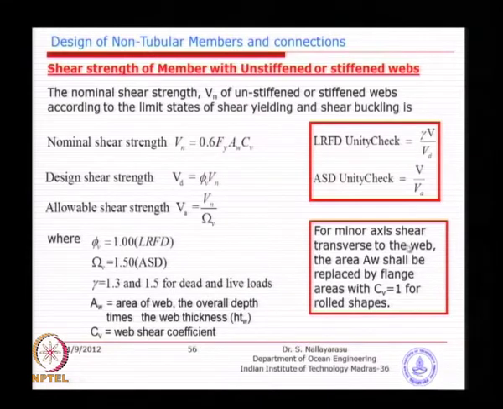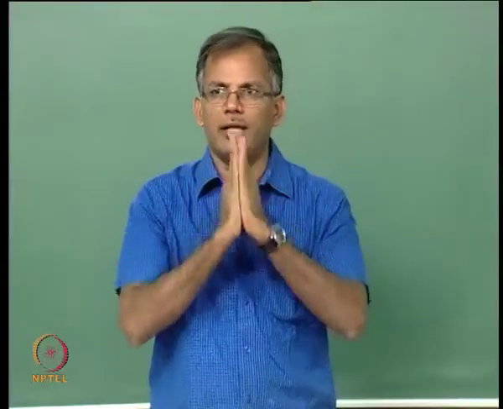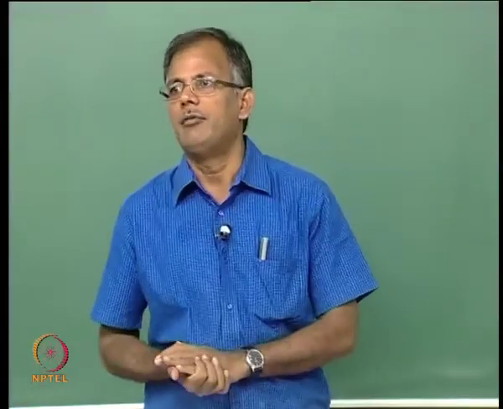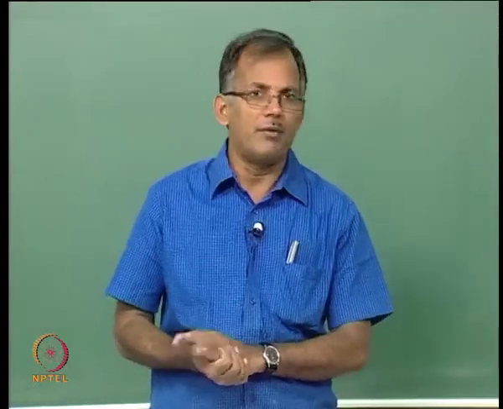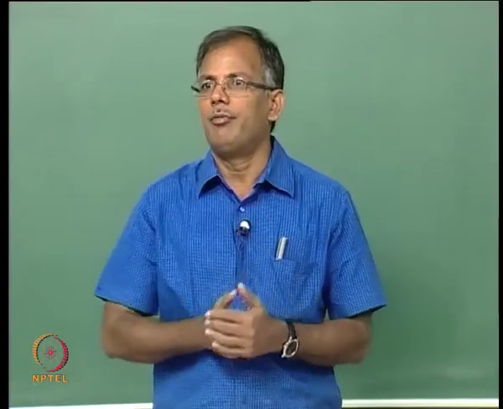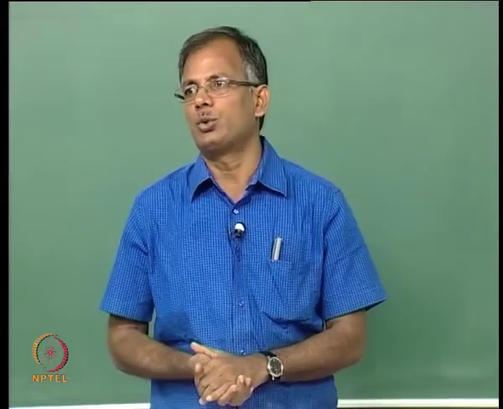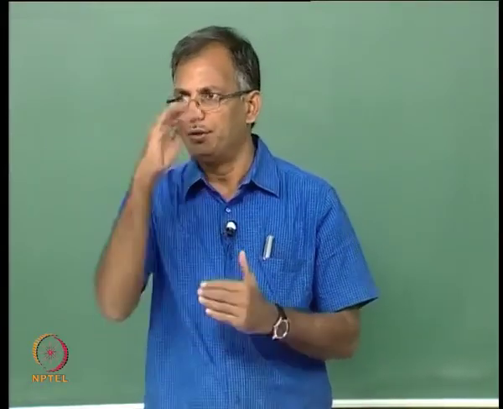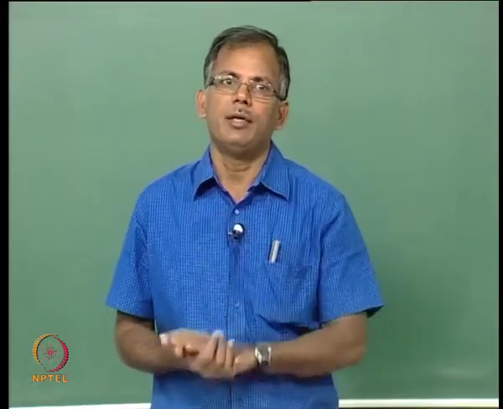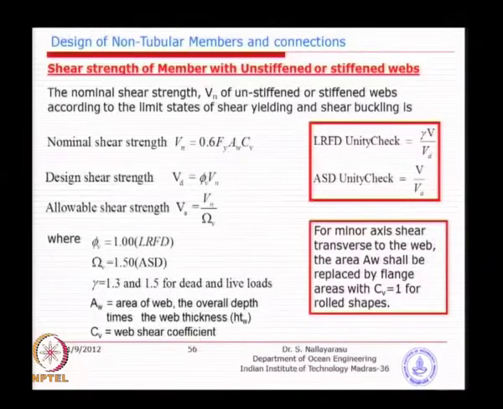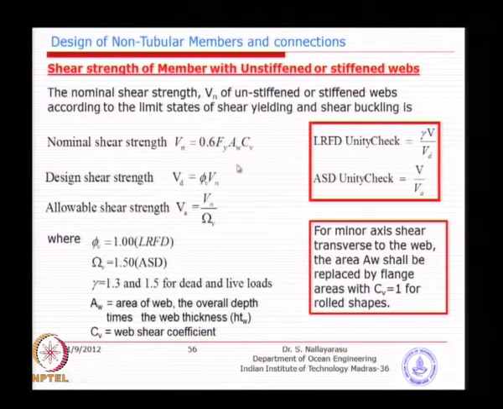And I will repeat again, for minor axis bending, AW will be replaced by the area of the flanges. So vertical shear is only taken by the web, horizontal shear is taken by flanges. This is a similar explanation to what we had for circular sections. The area for shear is taken as 50% each, if you just make it a square, so there will be two flanges, two webs: 50% for vertical and 50% for horizontal. Of course, you can integrate and get it. So the shear strength is very easy to calculate. Basically, what you need to know is the area of shear, whether it is horizontal or vertical.